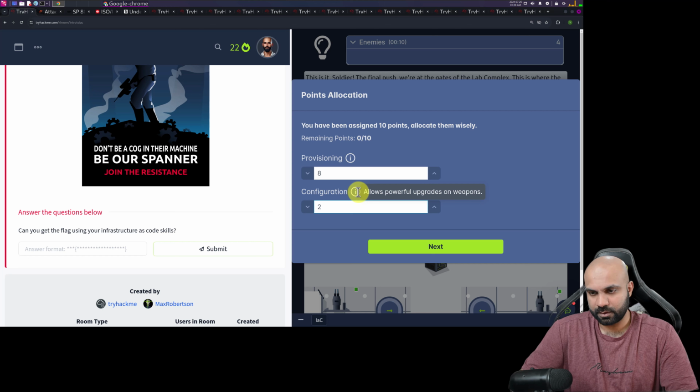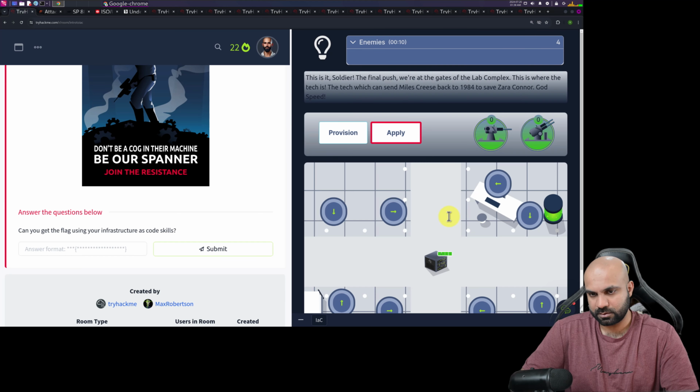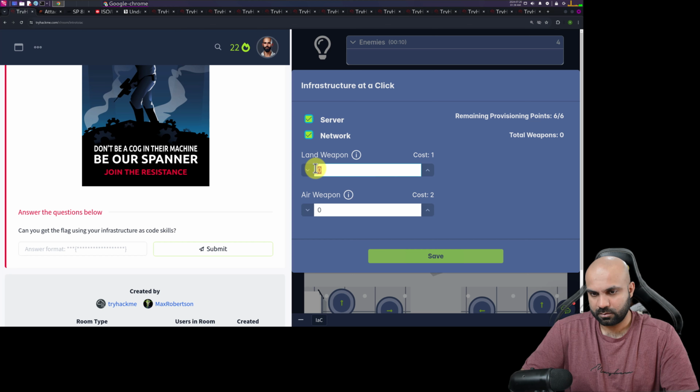Allows powerful upgrades to the weapon. Okay, let's go with 6 and 4 this time. For full control of infrastructure, you can place your weapons anywhere. I think let's go with the on-premises provision. So I have remaining provision. I can do 2 here and 2 here.